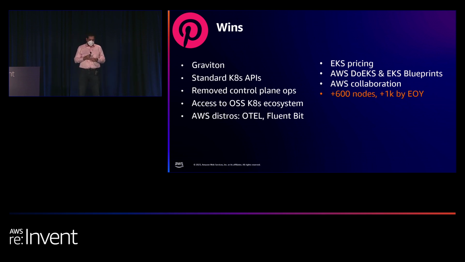Pricing is always great, meaning that the EKS overhead is minimal. Most of the cost actually comes from the EC2 instances. We're always looking for opportunities to save, so this was icing on the cake. And then, as we mentioned throughout the talk, the data on EKS and EKS blueprints are things that we have leveraged into our Terraform deployment infrastructure to make it easier to deploy clusters. And then, of course, underlying that, the support and work with the various AWS folks here has been tremendous, and we're hoping to do more of that going forward.